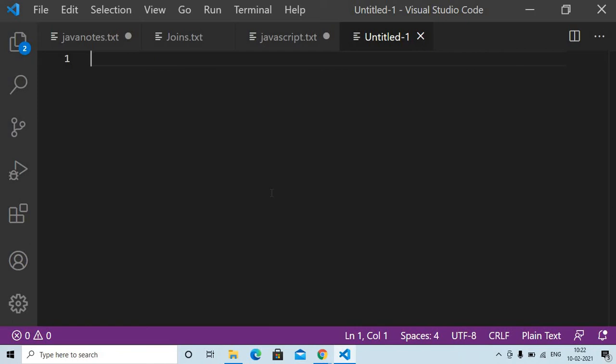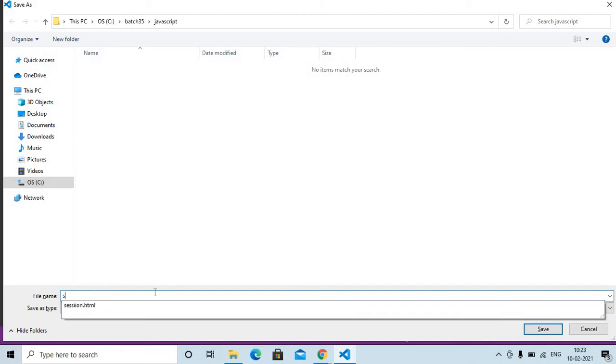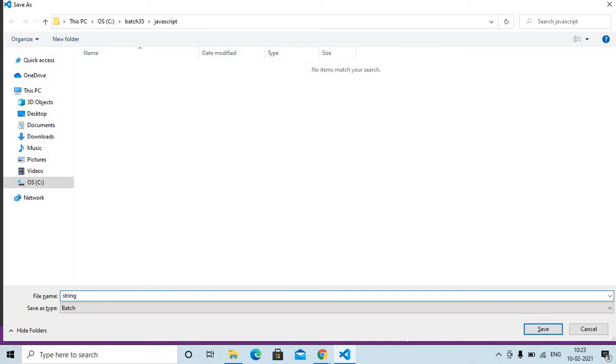Okay, so inside of my program, I'm taking only doctype and HTML and body. Okay, so I'm not using the head tags and title and all those things. So you can write that one. Okay, doctype. First save your program. String operators .html.